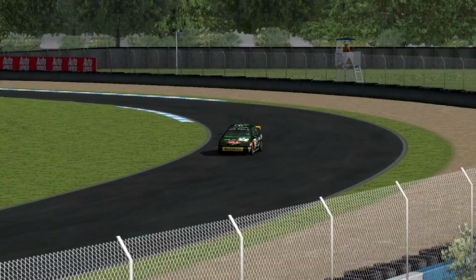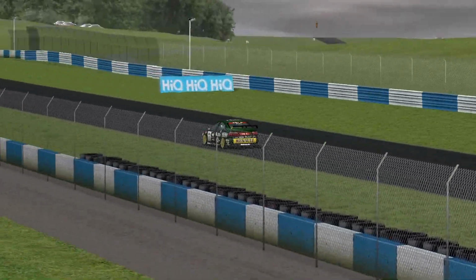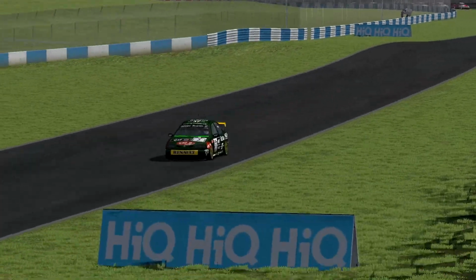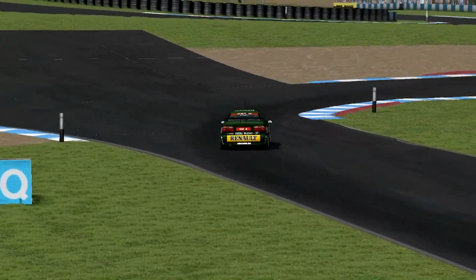This allowed Rob Huff to pass him quite easily, as he didn't have to go through the gravel and just went straight around the normal way. He then gets up to 12th. On lap 11, Moffat defends against Morgan, and Morgan seems to be starting to get more grip from the tyres on